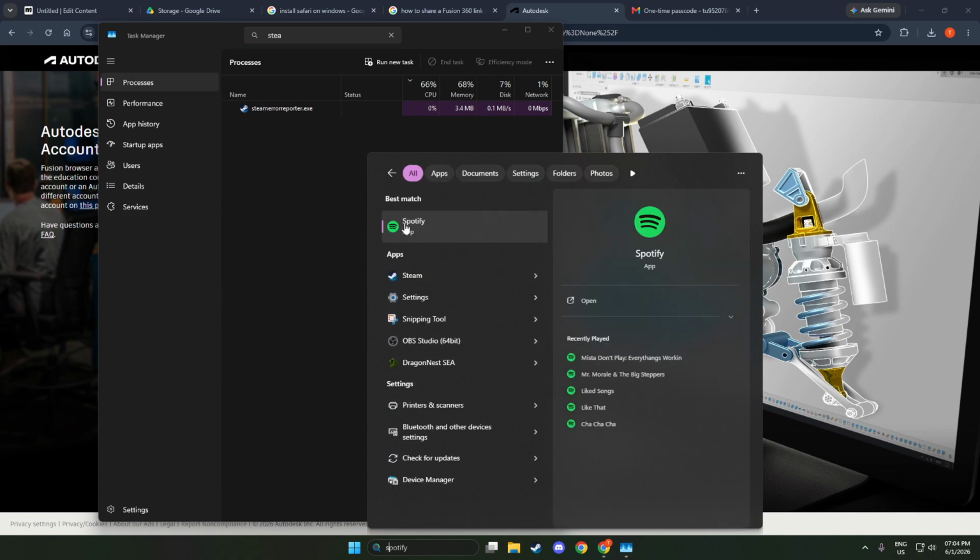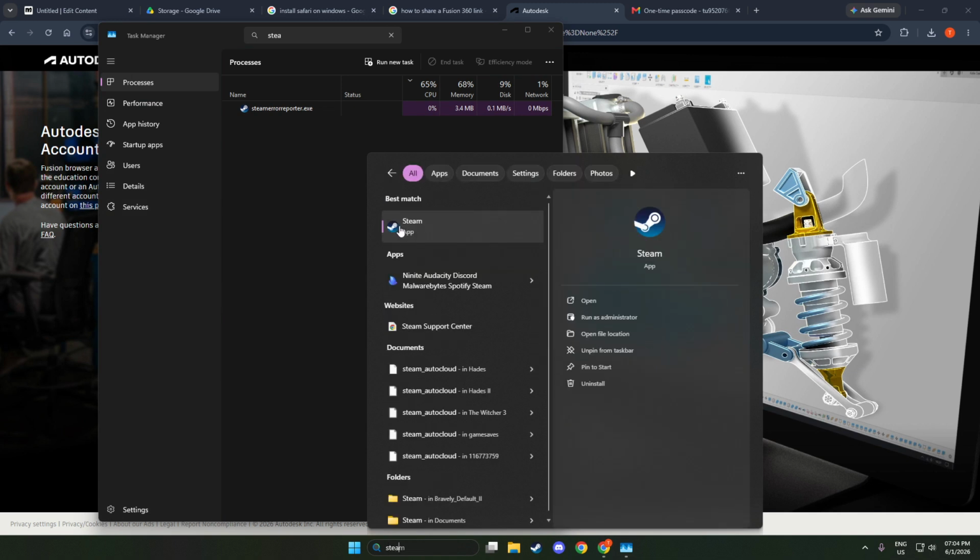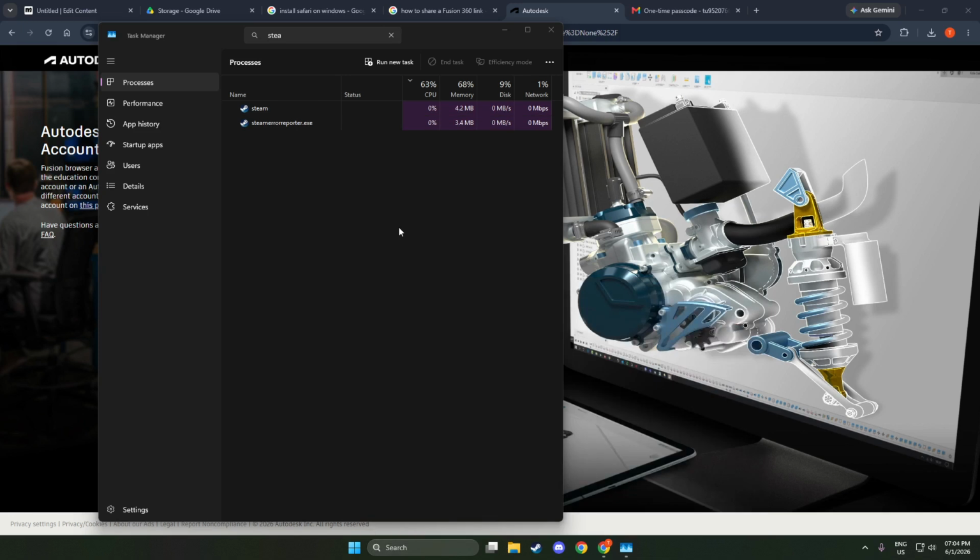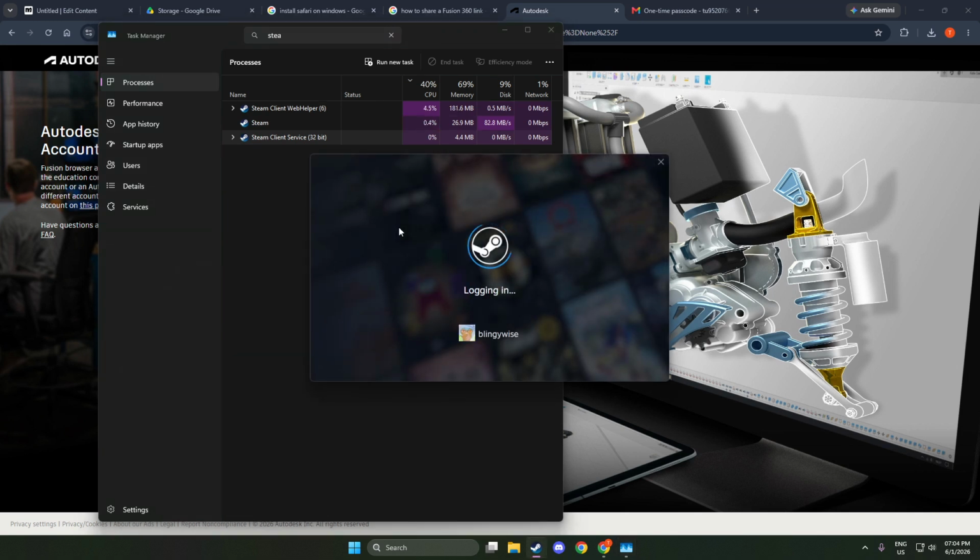You should see your friends list populate, the store and library load normally, and your downloads resume if any were paused. This complete restart clears out stuck connections and lingering background tasks that commonly cause the no connection message. If the issue was a temporary hiccup, this process usually gets you back online right away.